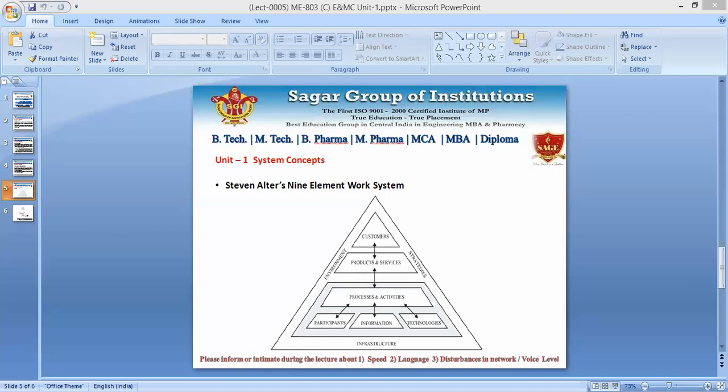Now find the customers, create the financial reports, hire the employees, coordinate work across the departments, and perform many other functions also. It is possible to think of an organization as a set of work systems. So these definitions also have 9 elements of a work system, which are